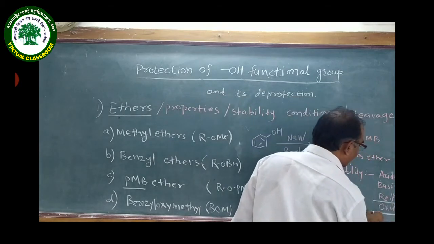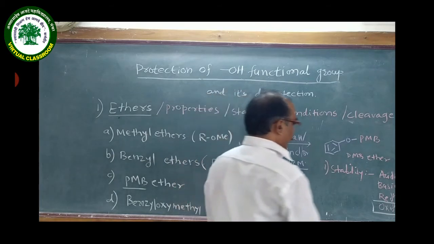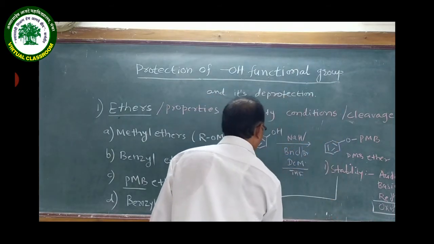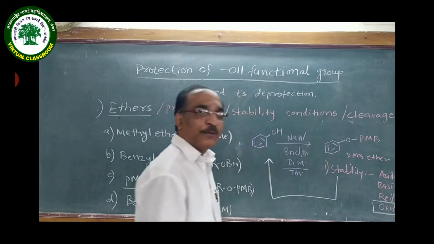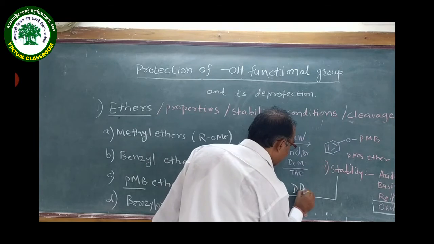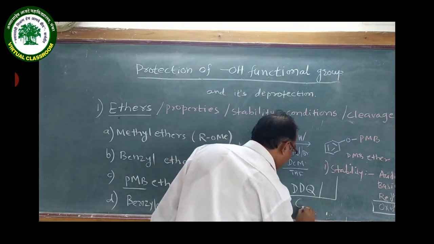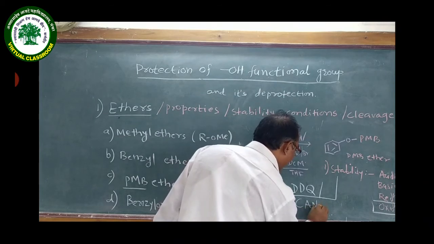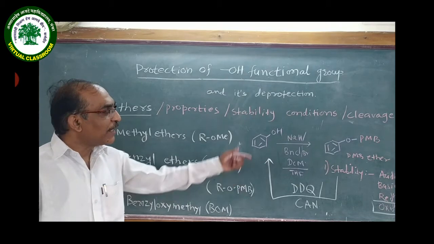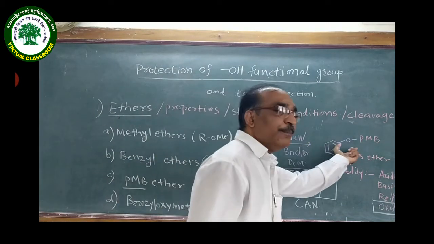This we have to focus on. So the deprotection of this PMB ether to the respective alcohol is carried out using DDQ or ceric ammonium nitrate. These are the two mild oxidizing agents which can remove the PMB from this PMB ether